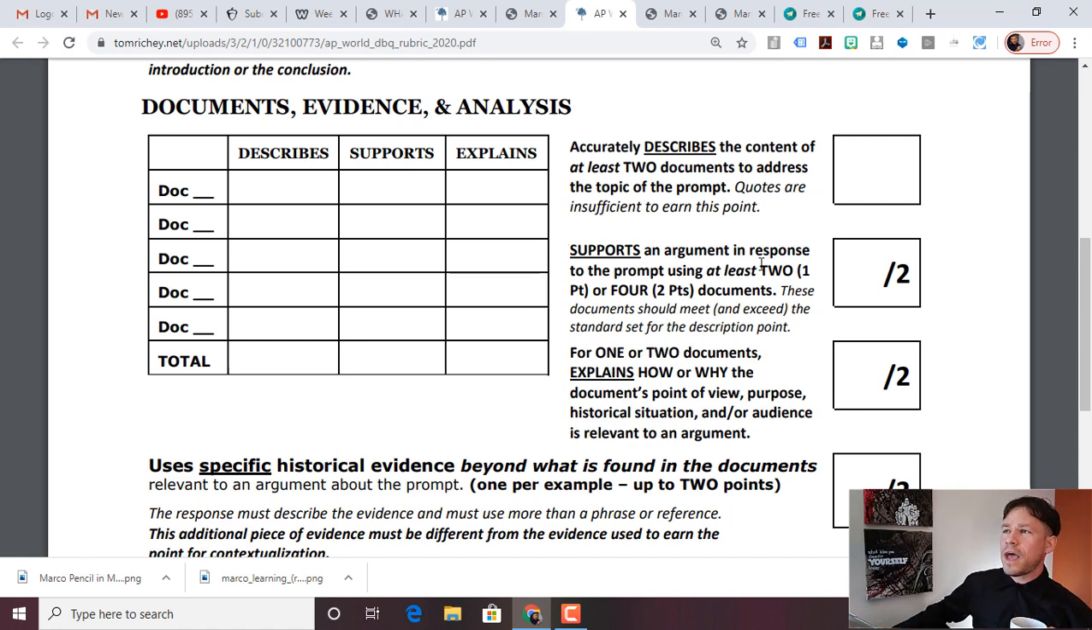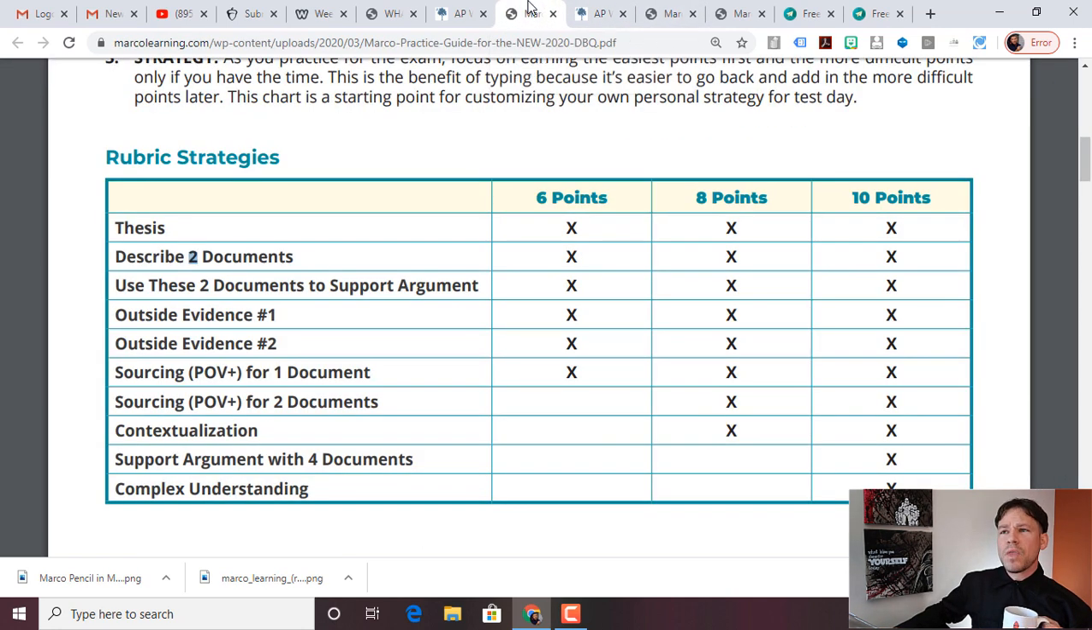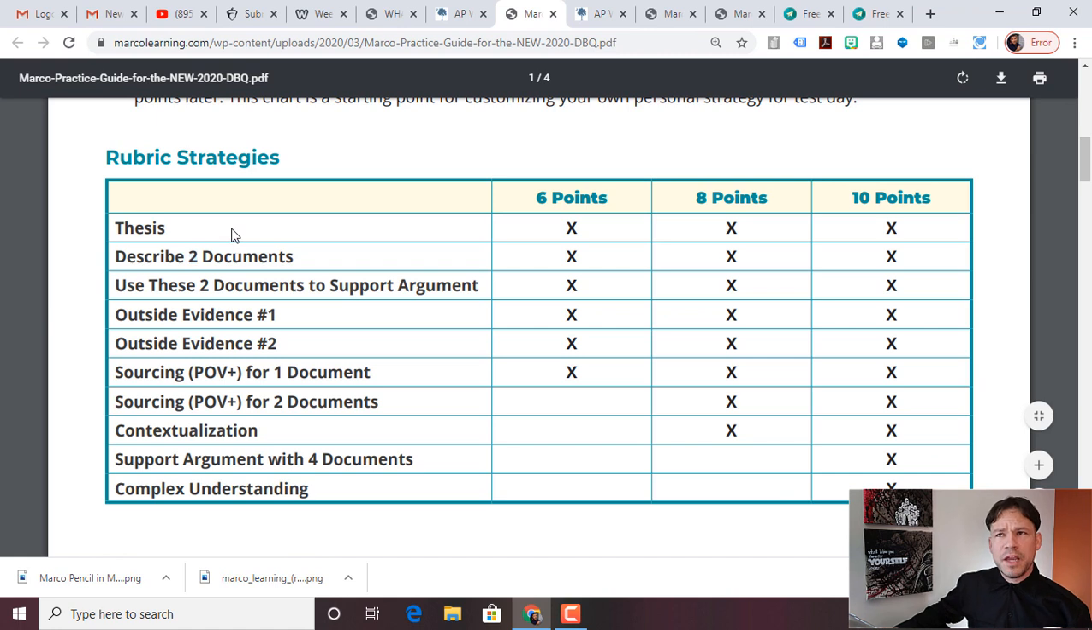Now, you can either do that with at least 2 documents or 4 documents. Now, I would say 3 or 5, because remember, if you mess one up, then you're going to need that additional document in order to still score that point. And so that's why I recommend typically that we go ahead and use 3 documents,